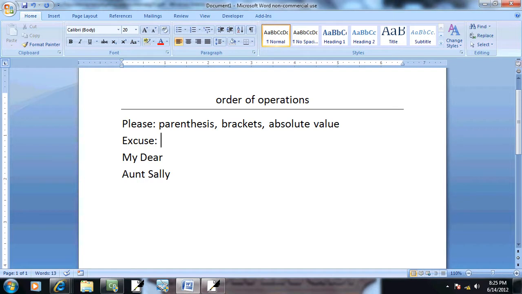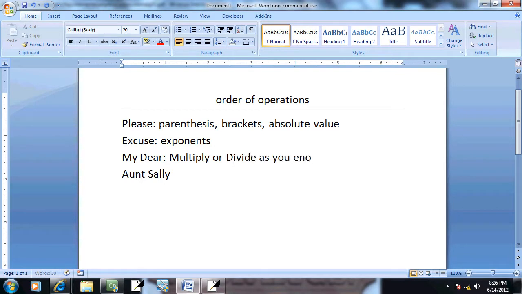Now realize this does not say get rid of the parentheses or brackets or absolute value. It says do what's inside of them. Now by doing what's inside of them, you may actually get rid of them. The E on the excuse is for exponents, so you do exponents next. The M and D stand for multiplication division, so you multiply or divide